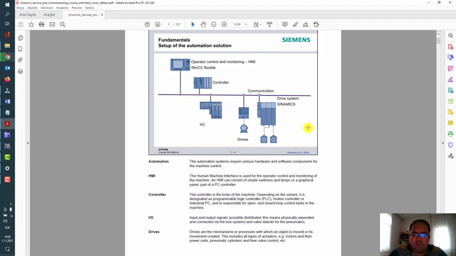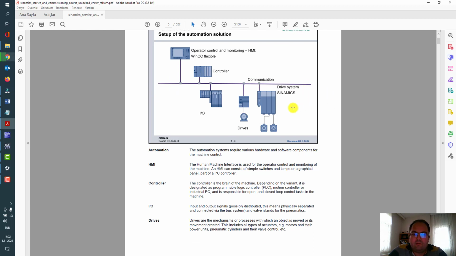Other components are IOs, for example the ET200 S, M or SP system, connected via a communication line to the controller and to each other. And there are some drives with single drives, for instance G120, and on the other hand some Sinamics multi-axis converters and drive systems, for example S120.